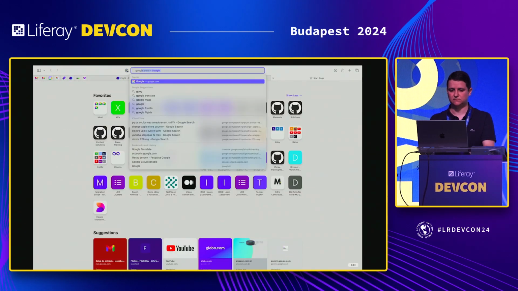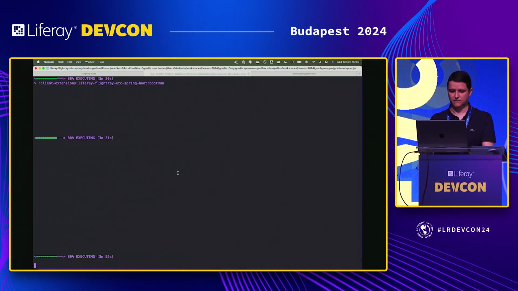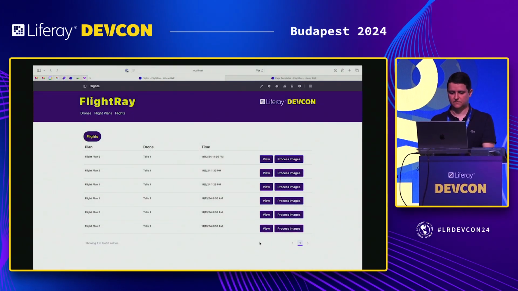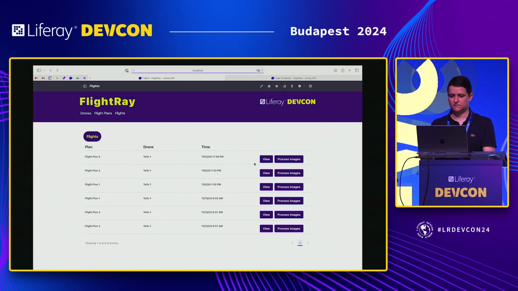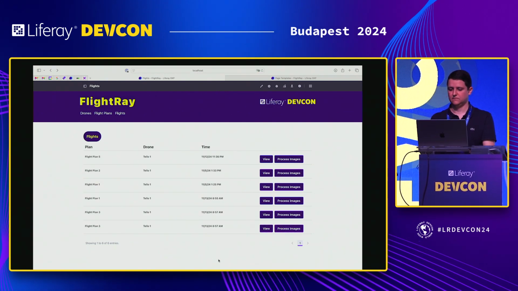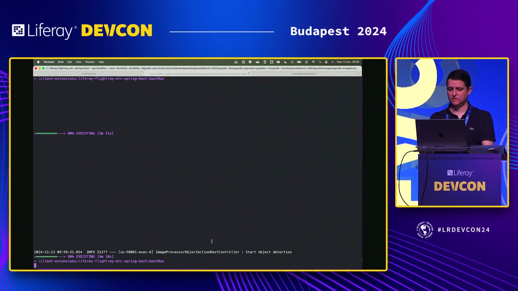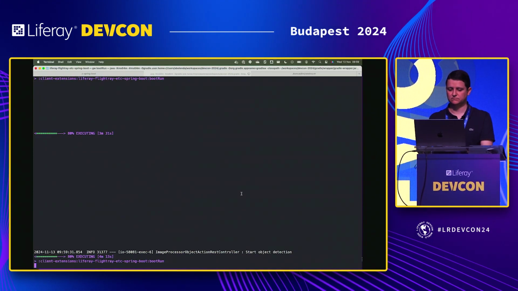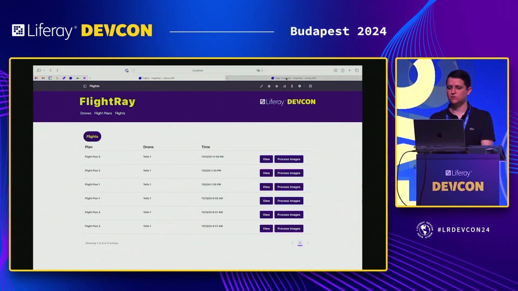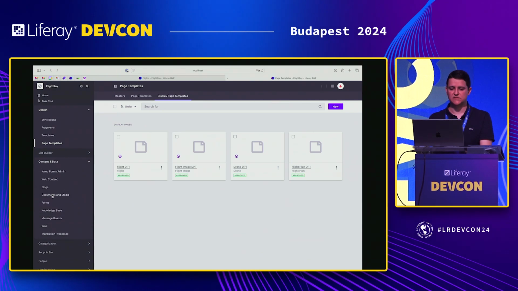Let me double check. I have it, okay. Okay, start object detection.